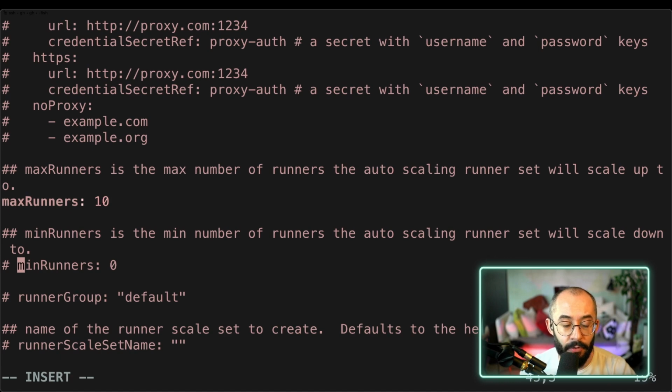Minimum runners, if you don't specify it, that means it's going to scale down to 0 by default. If you specify it to be 0, it's going to scale down to 0. If you specify it to be any non-zero number, like 5, it's going to scale down to this number always. So it's going to make sure that you have 5 runners always available and ready in idle mode to be